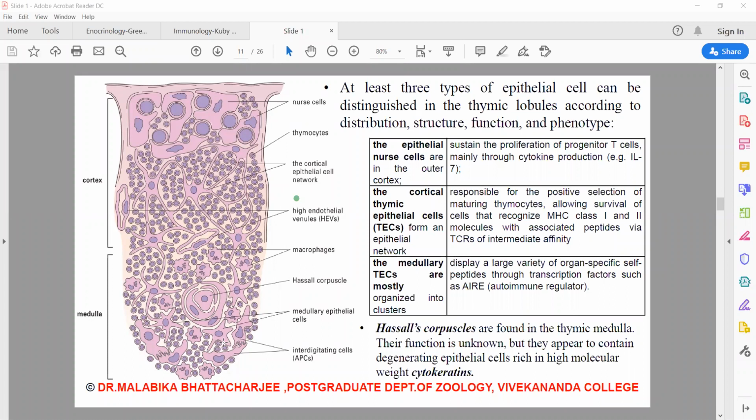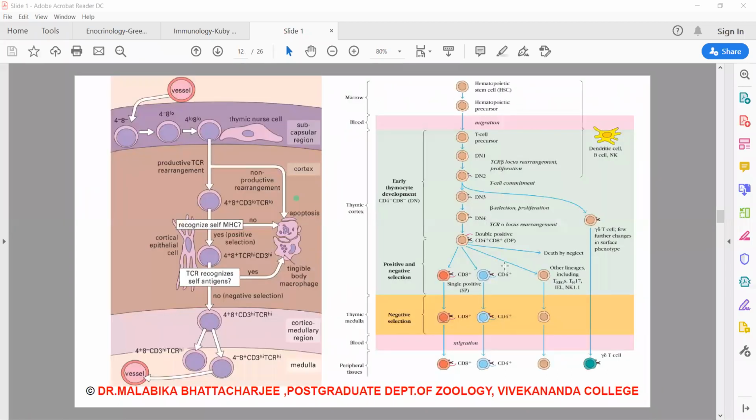I said 90%. There is always a 10% gap because it's possible that some self-antigens might be missed. That is done in peripheral tolerance. So in the process of negative selection, these medullary cells actually exhibit the self-antigens and develop the central tolerance of the T lymphocytes. So these are the basic three varieties of cells.